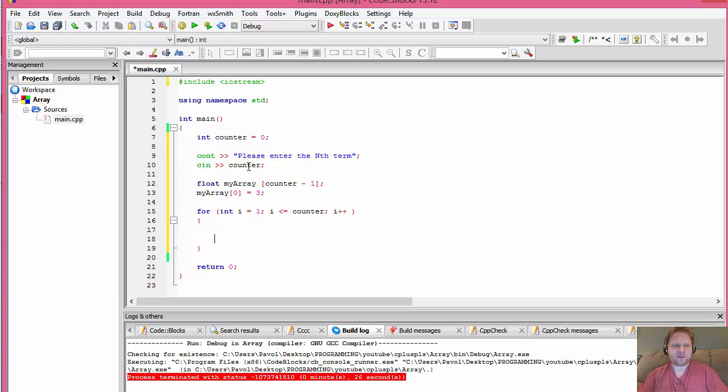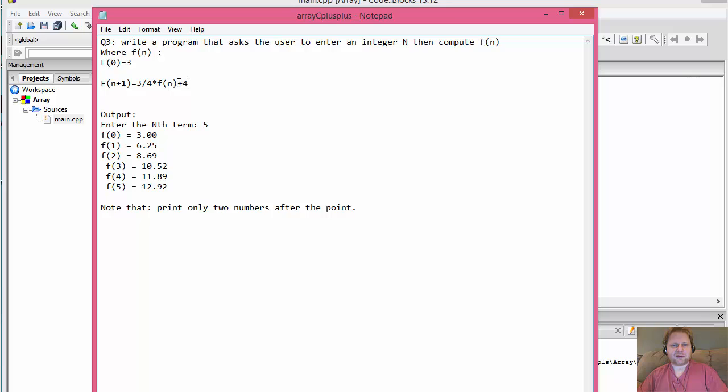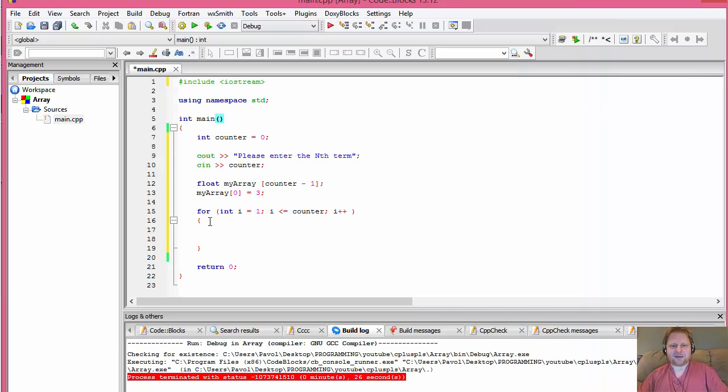So this is our main loop, and in the loop we can perform the calculation. So I will just copy paste the formula. I have element 0, so now I'm calculating element 1, so i will be the index of each element that I calculate. So it's going to be my array i, which will change with each iteration. It starts with 1, then it will be 2, then 3, and so forth. So this element i equals, and it says 3/4 times,